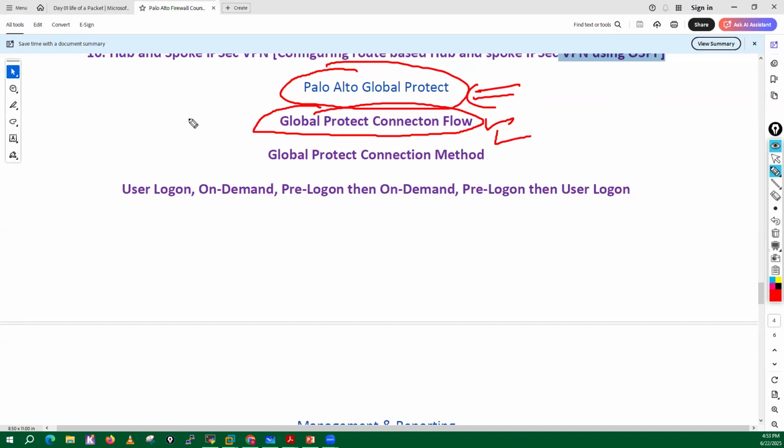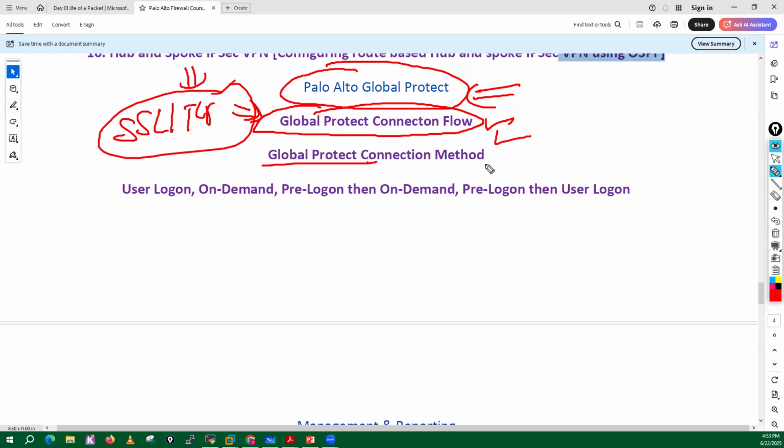We will run those types of debugs and check the GlobalProtect functionality. We will decrypt all your GlobalProtect packets as well, meaning I will decrypt SSL or TLS based packets using Wireshark. And I'll also show you how you can do those things.